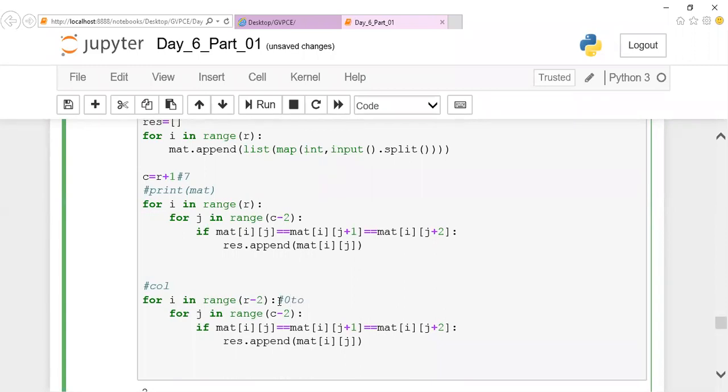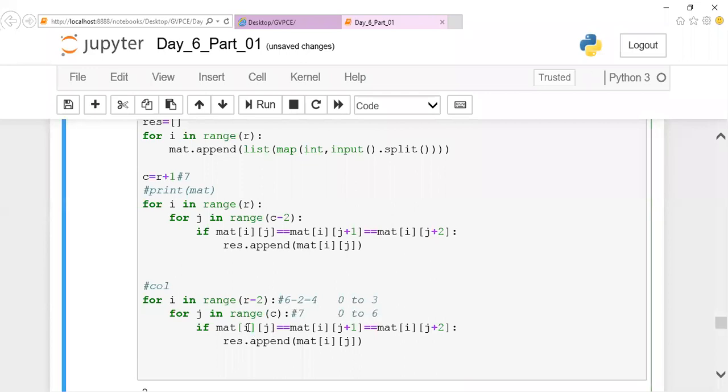0 to 4 in the sense literally, which is nothing but 6 minus 2 is 4, so this will be going from 0 to 3. The same way here I'll be going till your column value, which is 7, so it will be 0 to 6.